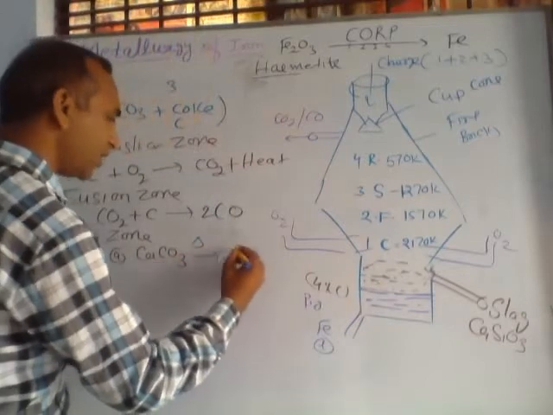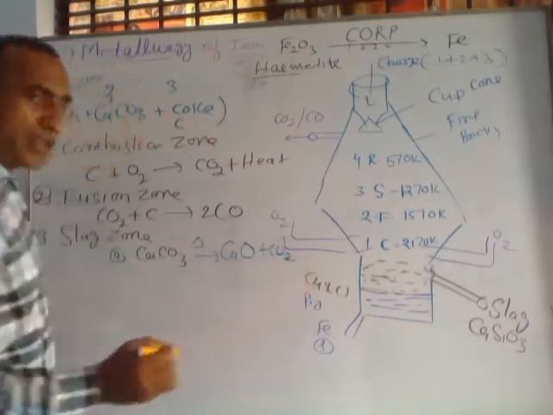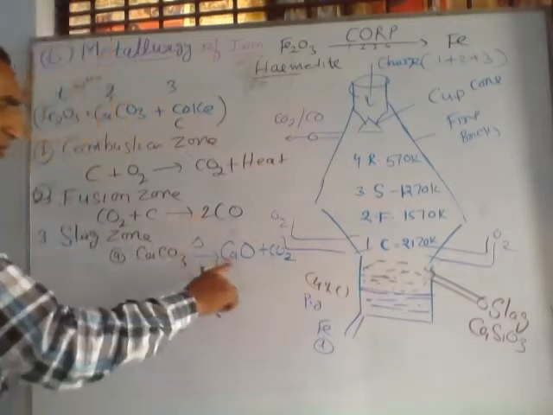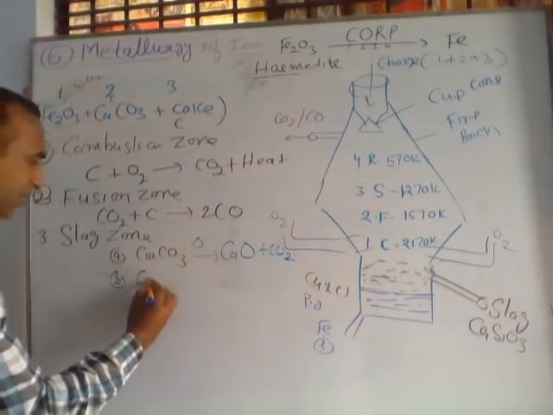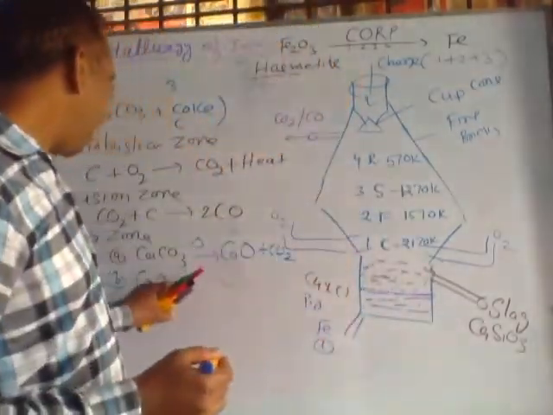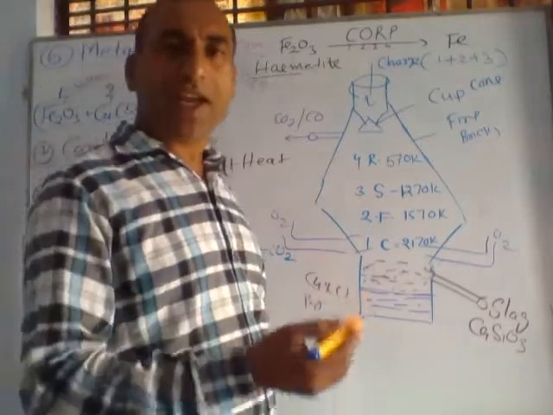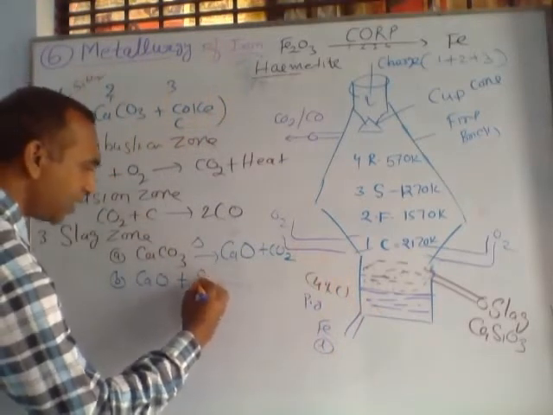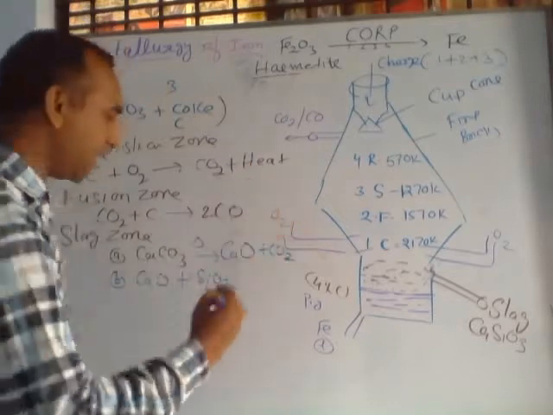On heating, calcium carbonate decomposes into calcium oxide and CO2. In class 10 you have studied this is a decomposition reaction with the help of heat. This is thermal decomposition. So this is calcium oxide, quicklime, CaO. This is the oxide of a metal, and oxides of metals are generally basic in nature, alkaline in nature. And in hematite there is SiO2. SiO2 is silica, this is impurity. The impurity present in ore is called gangue.